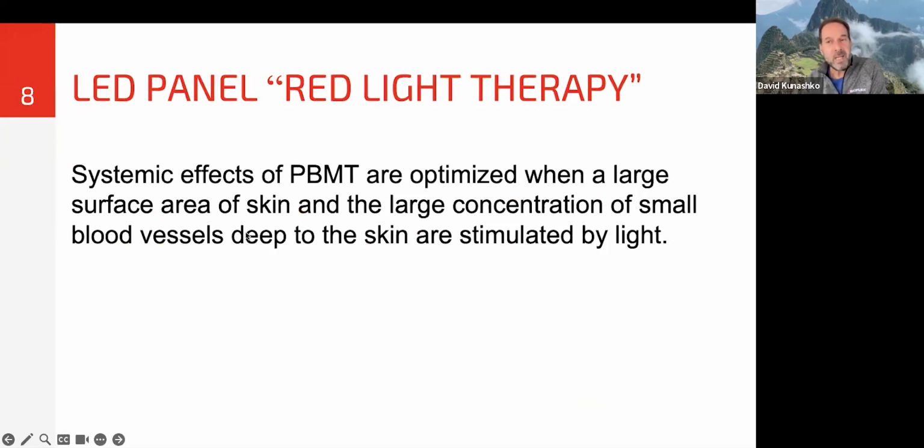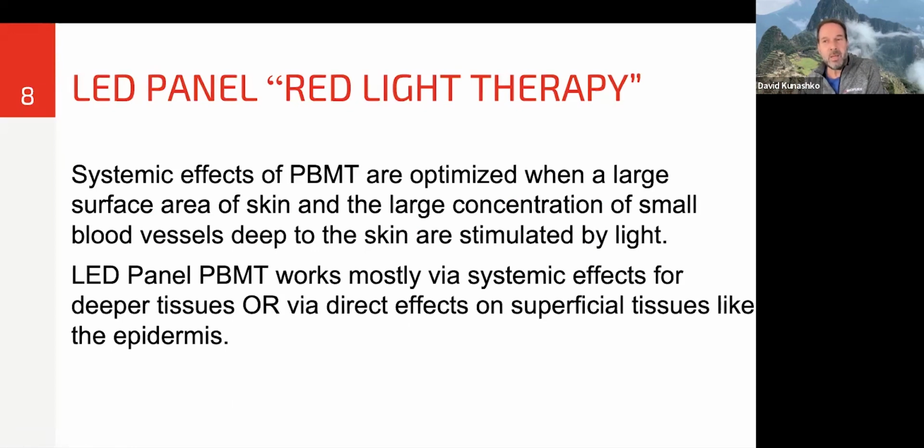Okay, so red light panels really mediate the effects via this systemic effect, although there's not tons of research on it yet, but it's kind of extrapolated, but it's not exactly the same as when you touch the skin. So this is why, I try and make it really clear, but I still get people buying stuff and then not realizing what they're trying to do. So if you have an injury, say, I wouldn't be buying an LED panel to help that injury. Would it help? It probably would help to some degree, but it wouldn't be the optimal choice for using photobiomodulation